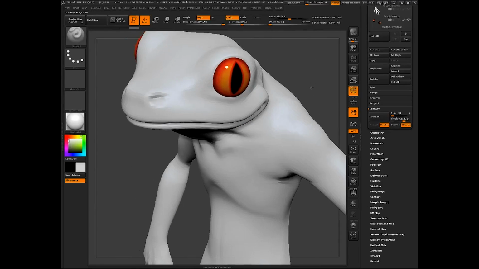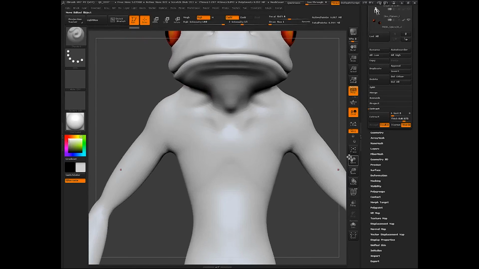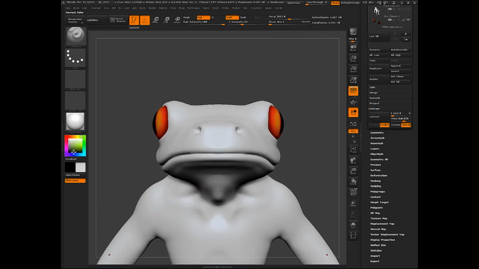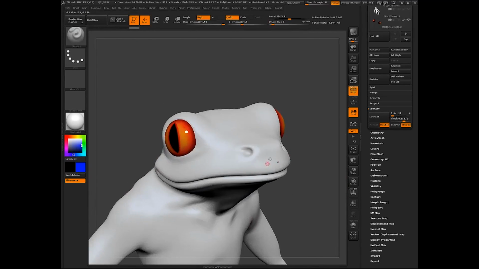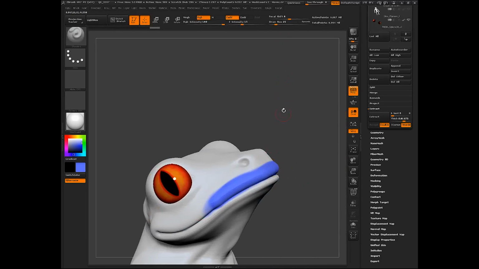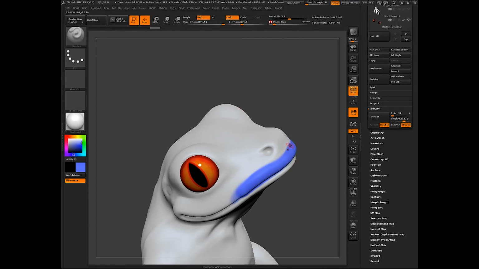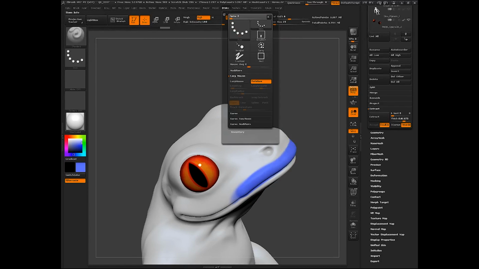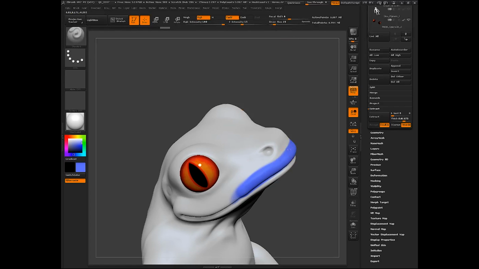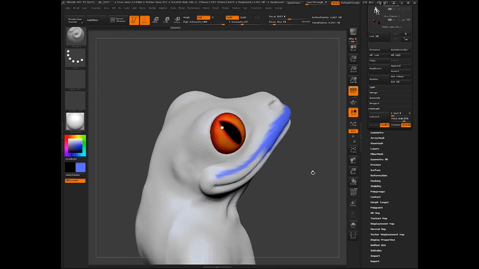Now what we need to do is kind of plan out where we're going to have our topological groups, so all of our edge loops and everything. So I'm going to select a blue, and I'm going to adjust my draw size such that I can paint around the mouth. And I think that this is probably a little too blue, so I'm going to go a little lighter so we can see this a little easier. And just kind of trying to keep a nice hard edge, so I'm bringing the draw size down, and I'm probably going to turn on my lazy mouse so I get a cleaner edge, and just kind of go around the mouth.